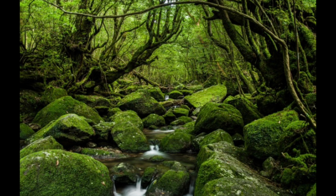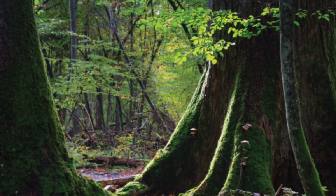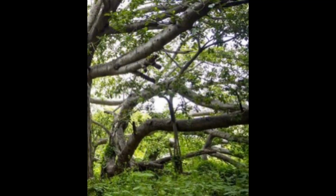Now, some parts of the forest were deeper and thicker than others. And in the thickest parts, the trees were ancient and enormous. And there was a canopy overhead, making the forest floor almost like being indoors. They were great climbing trees. Some of them had paths worn into the bark from us walking up them because the trees were at an